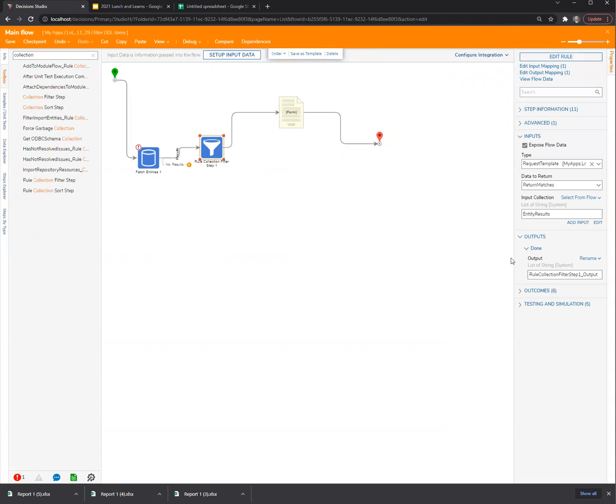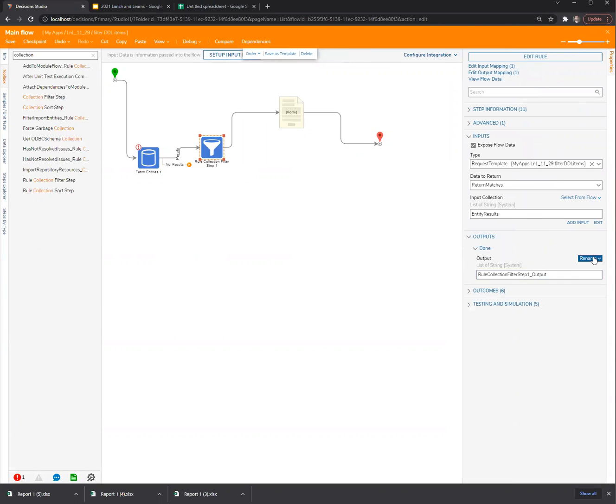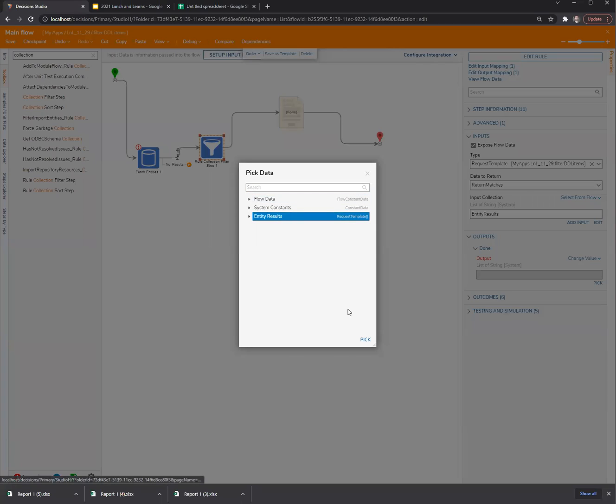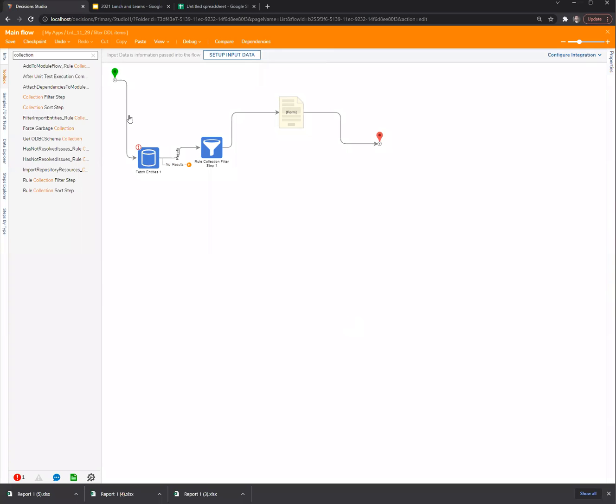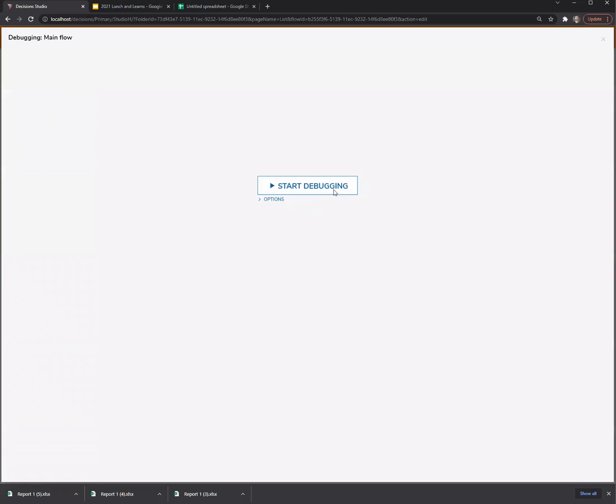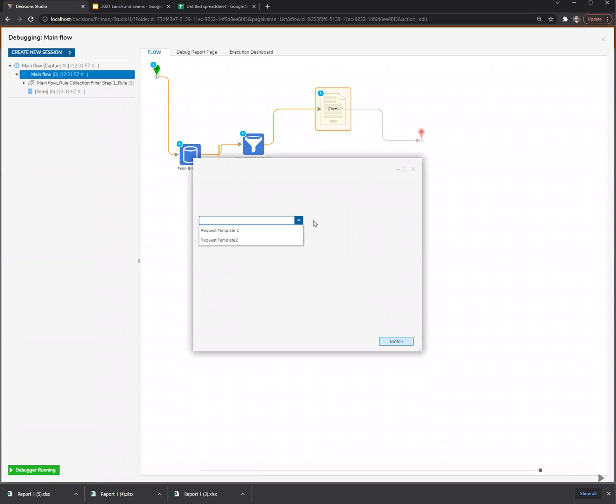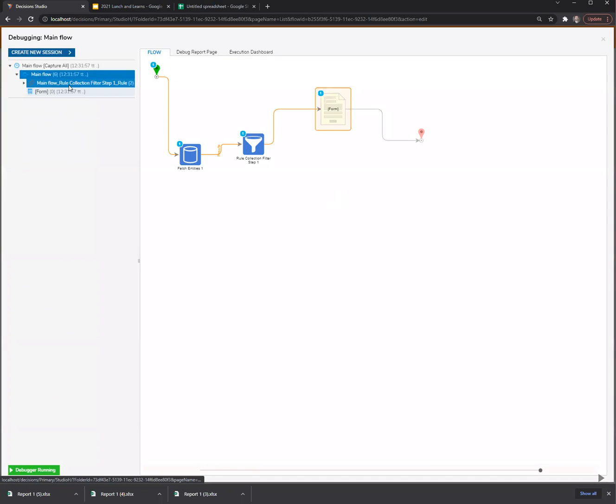I know I'm probably fudging over some important details. What I'm going to do is have the rule collection filter step update the entity results value so that I can keep my mapping the same and I don't have to worry about renaming mappings. So I'll come to my rule collection filter step, change this from rename to change value, and I'll select entity results. Now, if I did this right and I debug my flow again, I should only get